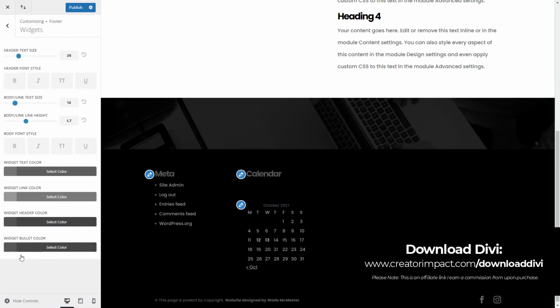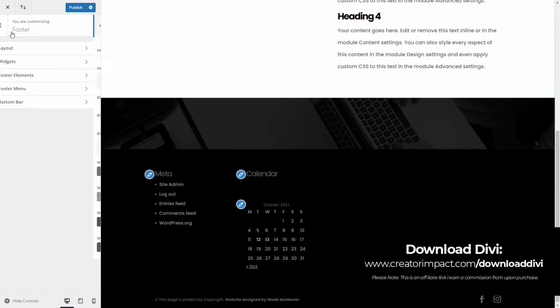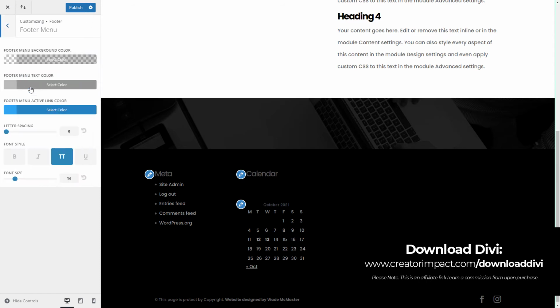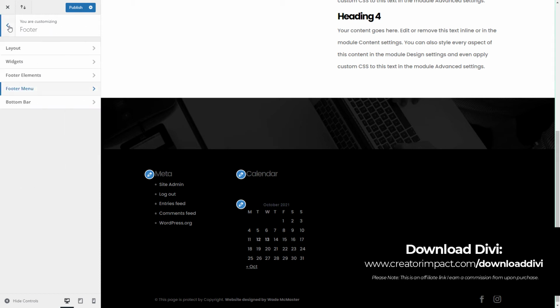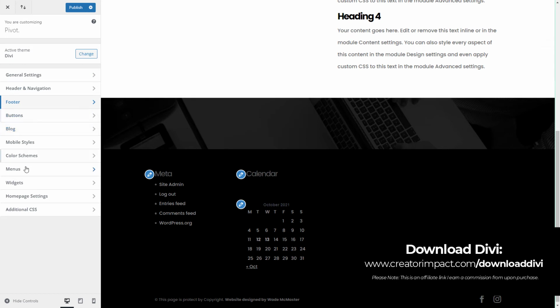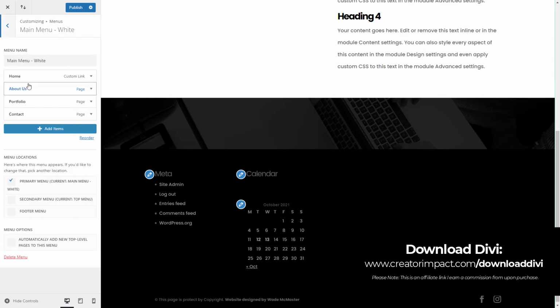So you can go through, as before, change all the settings for your text, the colors, the text size, and make that the way you want it to. Footer elements, you can show the social media icons down the bottom here if you want to, or you can turn them off. The footer menu, you can actually add a footer menu. If you go on your menu system and tick footer menu, a little menu appears at the bottom. Have fun with that. It's pretty simple. There's not a lot to it, but I don't think it really needs to be covered because all you need to do is go into your menus here. And you can see if I choose this menu, we've got footer menu. So I just go back